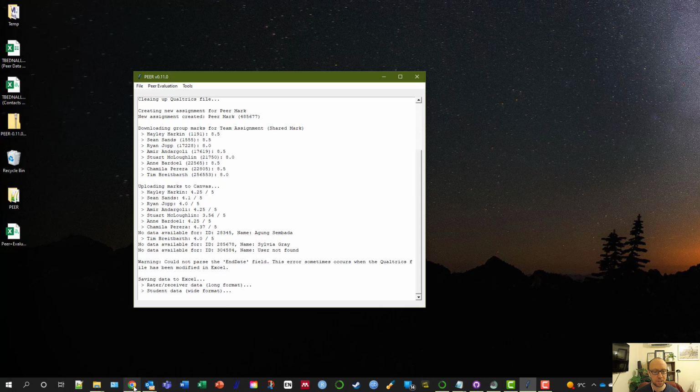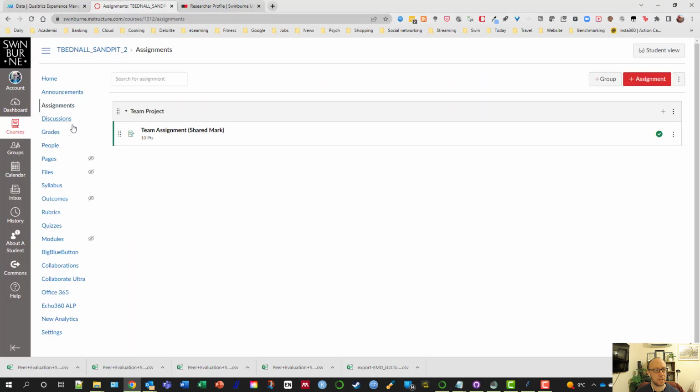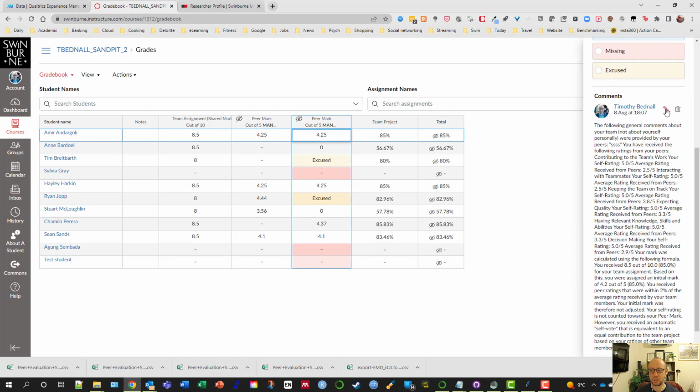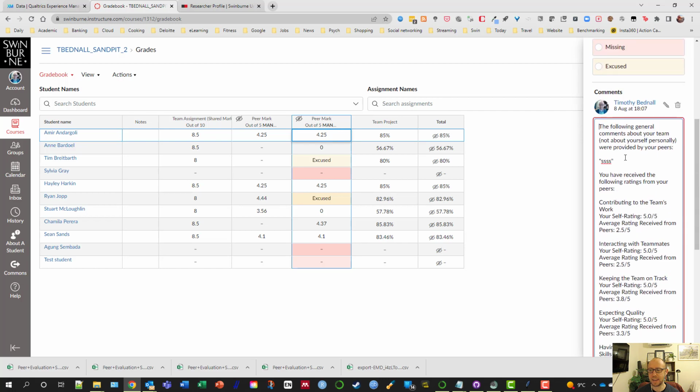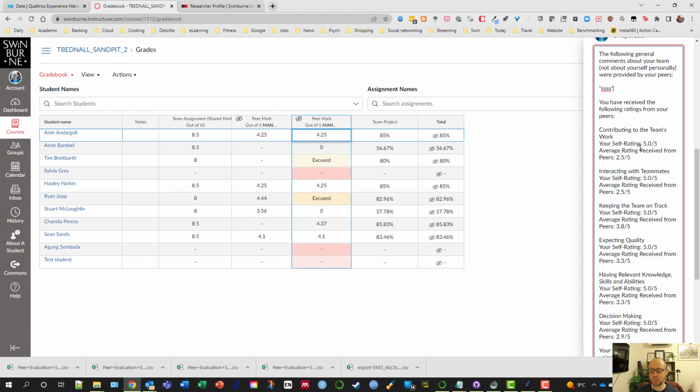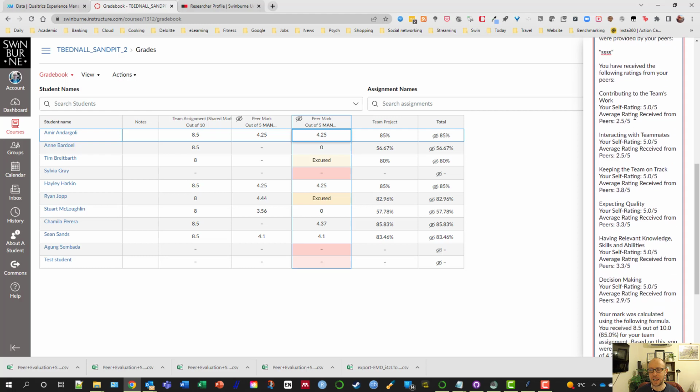Now if we go into Canvas and then go into the gradebook, you'll notice that it has uploaded the peer mark into this column here. If you go into the comments, it will actually provide the student with the feedback that each of the other students provided. This is probably not a very good example because this student's peers have just written SSS, and then it basically shows how the student's team mark was actually calculated